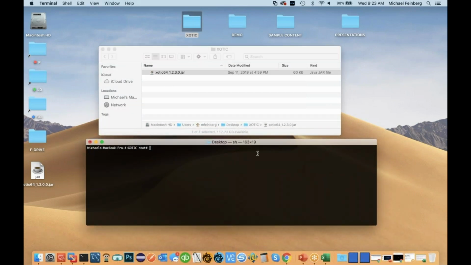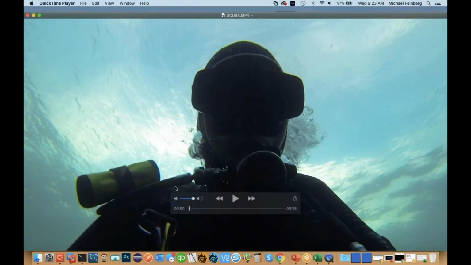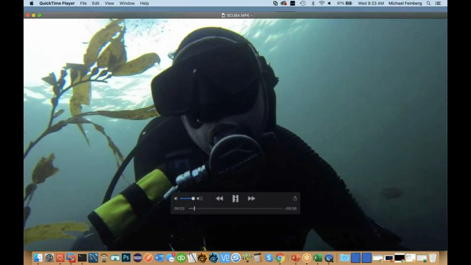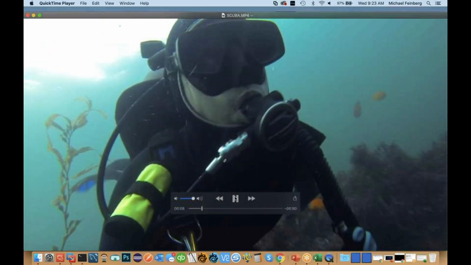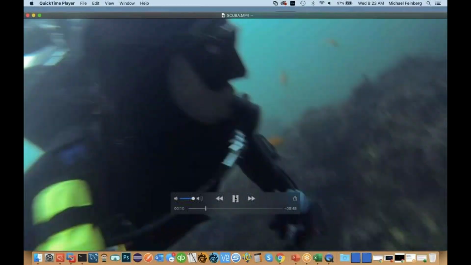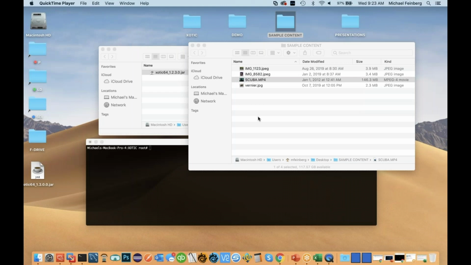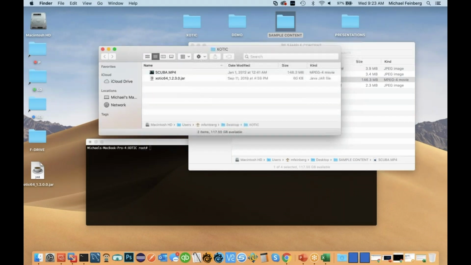So I'm going to start here with a little command prompt, and I'm on a Macintosh system here. I'll grab some sample content. For sample content, I'll choose this one. This is some GoPro video. You can see it's a shot in high def. Actually, as I'm looking at it on my screen, it's very fluid, and as I'm looking at it on GoToMeeting on the other screen, it's a little choppy. We can blame GoToMeeting for that. In any case, you are looking at high def video content here. So I'll just move that into the directory